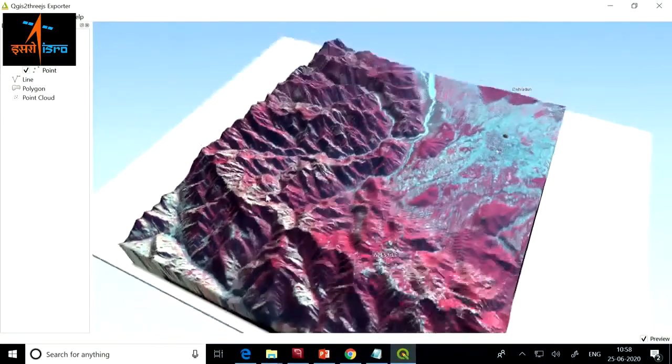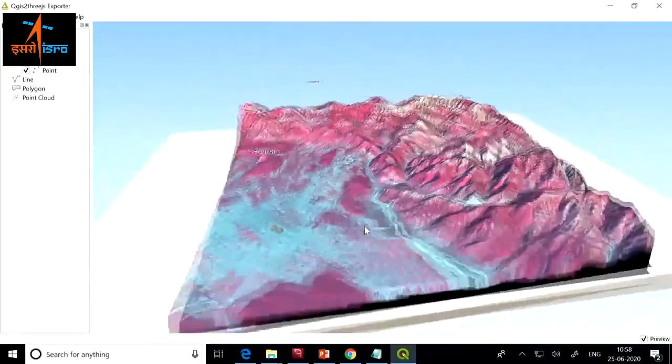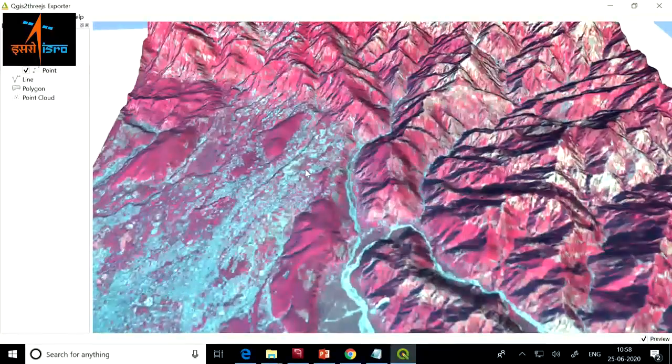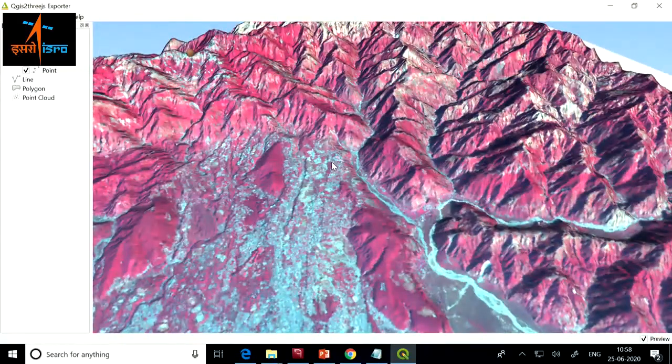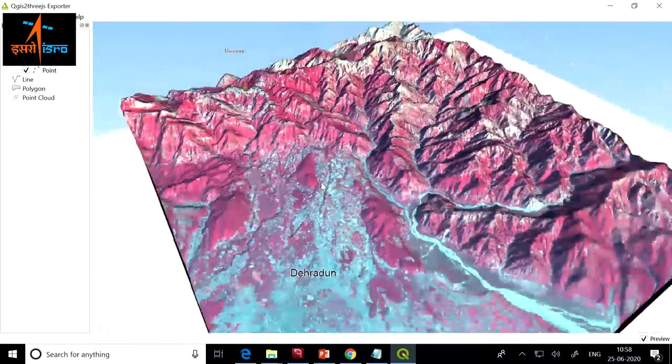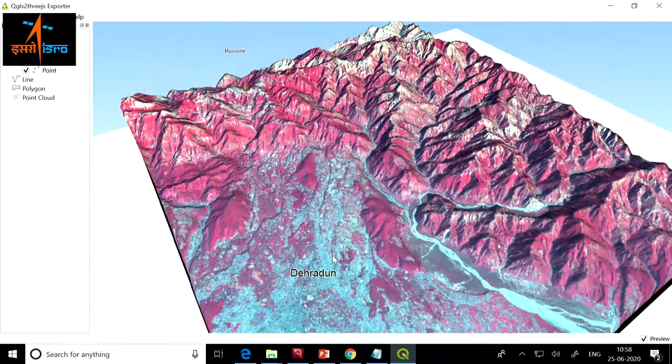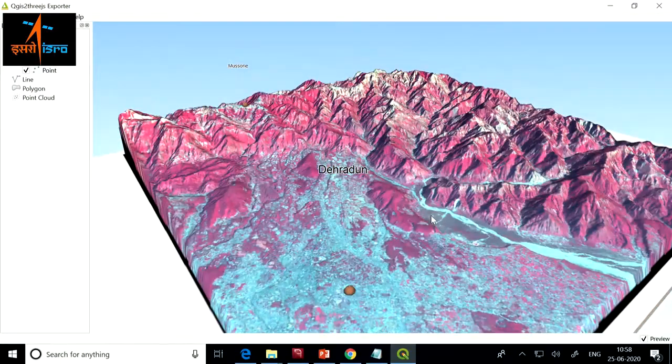So this kind of visualization is used by many people, telecom industries, to find out which is the most suitable place to put a tower, wildlife people, ecologists, urban planners, everybody who is interested in viewing the impact of elevation on the phenomena that they study. So you can export this as an HTML file, export to web, and put it on your website and things like that.